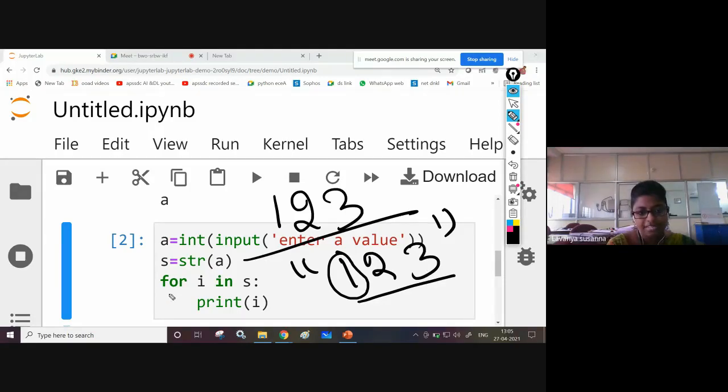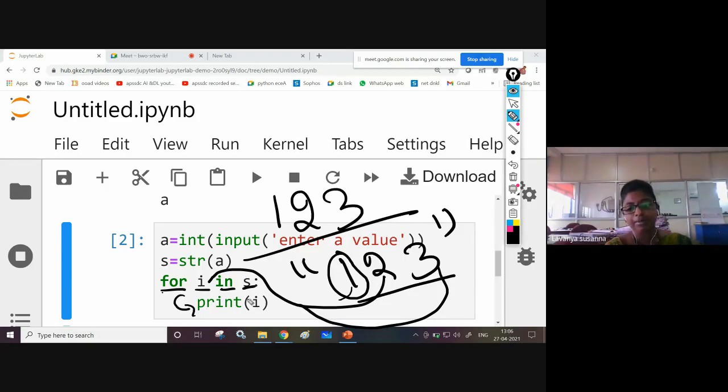Now I'm using for I in s. S contains 123 as a string. Now 1 is assigned to I, and that value will be printed. Then 2 is assigned to I, control comes inside the for loop, print I, 2 will be printed. Next 3 will be assigned to I, control comes inside the for loop, print I, 3 will be printed. Is it clear? It's very easy, right?